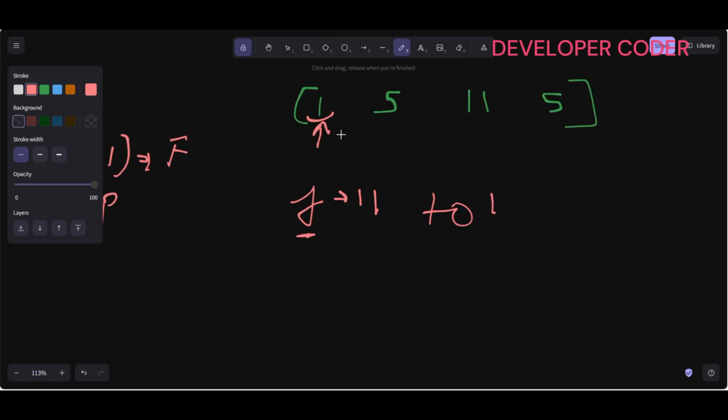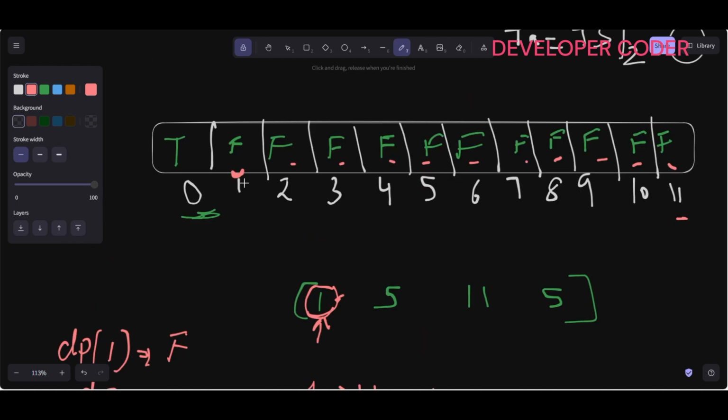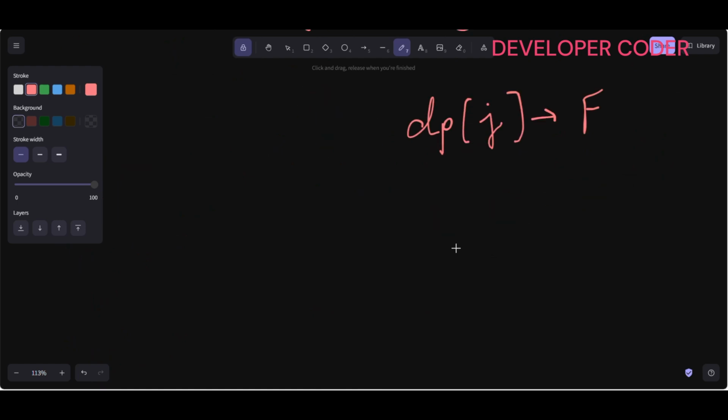So I want to get this value. This is not achievable right now. Let's suppose you can say this is dp of j. This is not achievable right now, because a false value is there right now. But can I achieve this